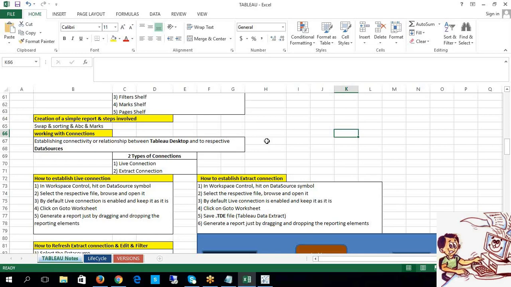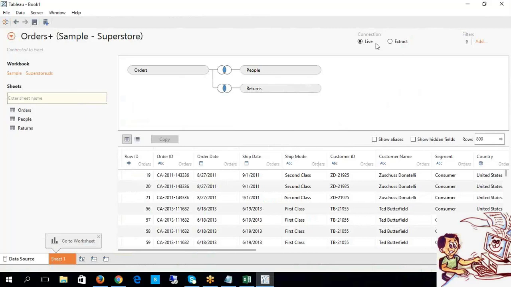So what is the first mandatory element here? The data source should be available, and on top of it, to interact with the data source, a connectivity is 100% compulsion. Okay, a connectivity is 100% compulsion. So within Tableau Desktop, we have two types of connections. One is live connection as well as extract connection. Look at this. You have live as well as extract. So these two types of connections.